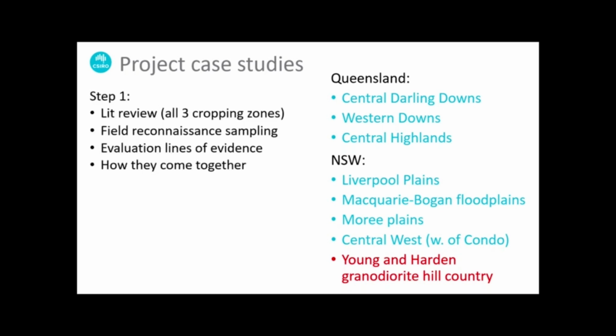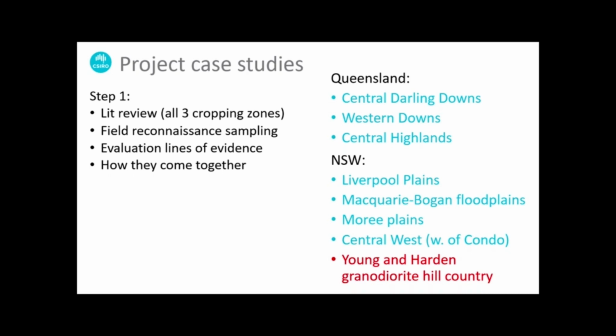So, first step of the process was to do a lit review. Very extensive job, but we didn't just do the northern cropping zone for GRDC, so that's all the country from the Murray River to Queensland is the northern zone. We did the western zone as well, so that's all of Western Australia, and the southern zone, so that's South Australia, Victoria and Tasmania. So we did the three big reports,